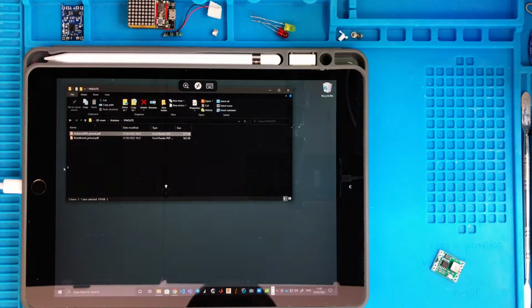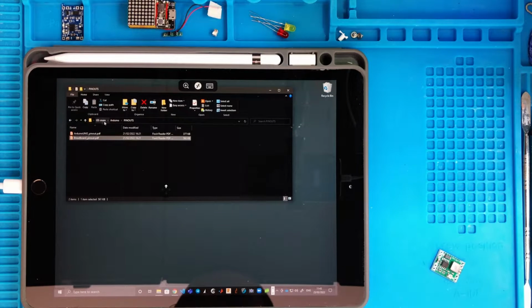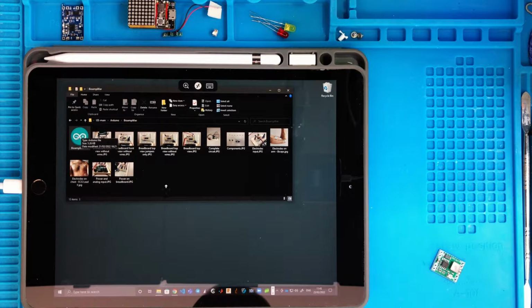So now I close this. There are many things. Also, you have the breadboard pinout again here. And then, for instance, in Arduino, you have a couple of codes, and one here is the main code we will be using in this course. The others are just other examples. The bioamplifier code, sorry. So you have a .ino